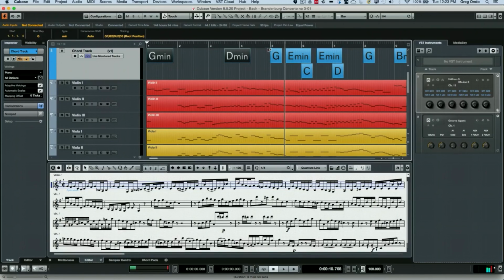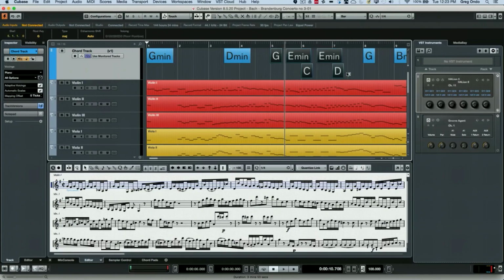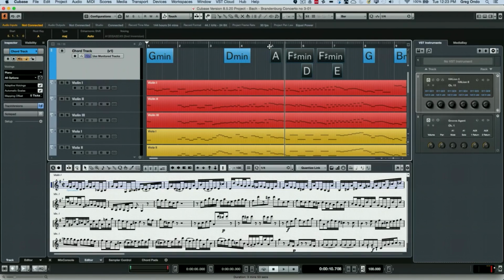Now let's say I wanted to modulate up a major second, a whole tone up. So I'm going to select these chords here, and then from my root key, let's go from G to A. And as I do this, you'll watch the notation view. It automatically changes like so. So now we'll go from the minor